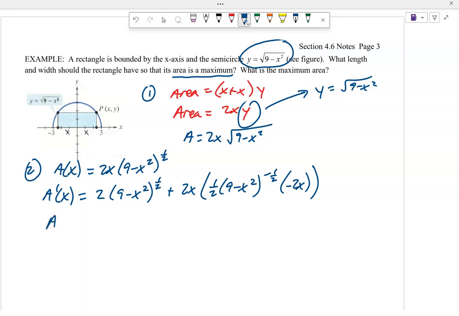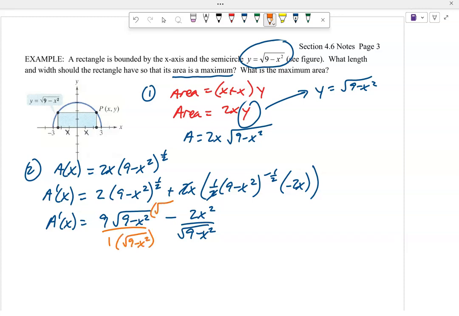And so we've got 2 square root of 9 minus x squared minus, let's see, one of these 2's is gone right there. So minus 2x squared over the square root of 9 minus x squared. Let's get a common denominator. So give this a square root of 9 minus x squared, square root of 9 minus x squared, which will undo the radical there. So the derivative is